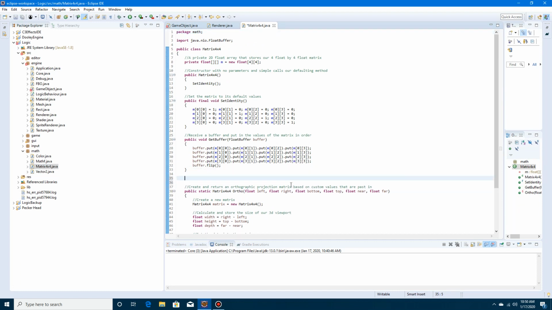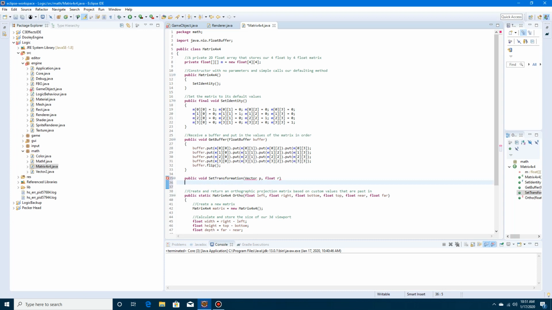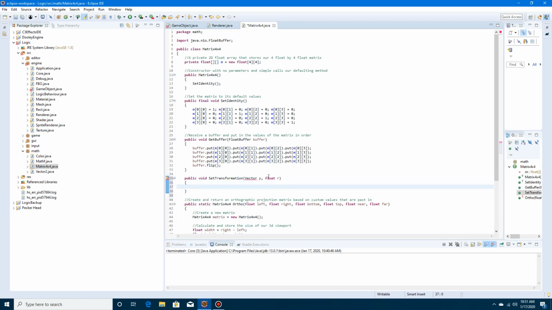So it's going to be extremely simple. It's not going to be anything crazy, and we're only going to be setting the information that we're actually going to use. We're not going to set all the values, and a lot of places set all these values, but we do not want that